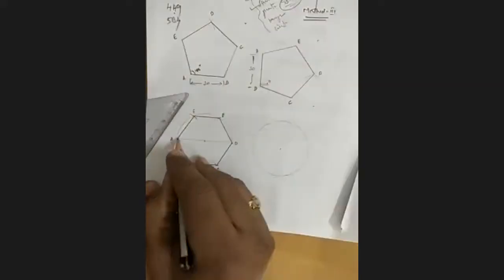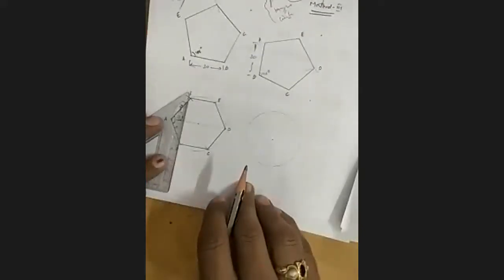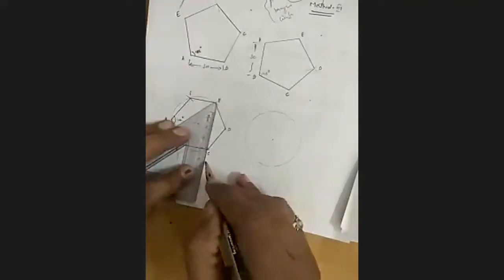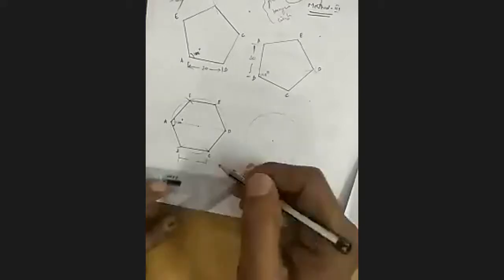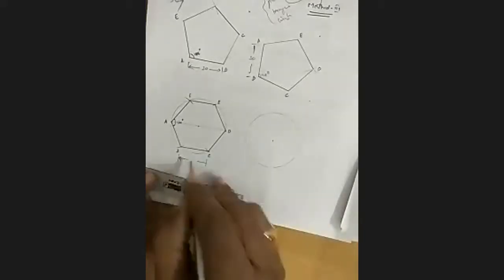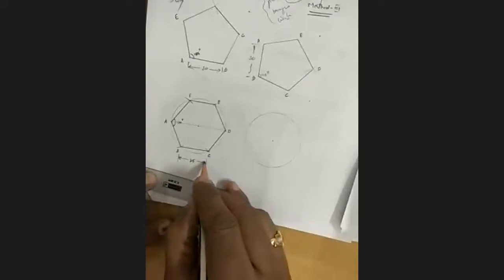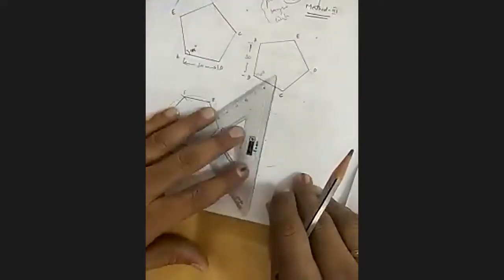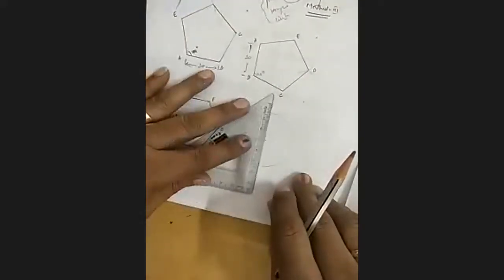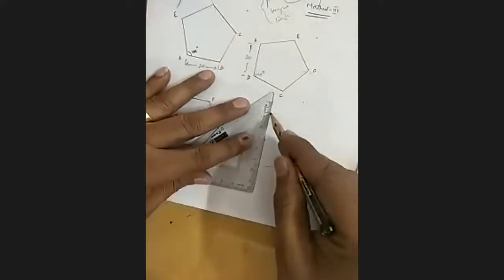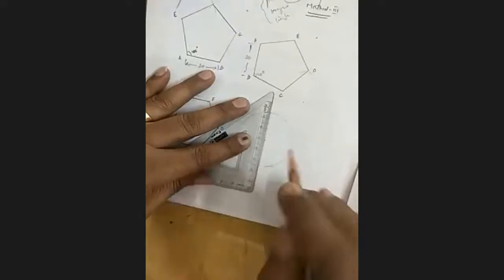Its internal angle you can write anywhere, 120 degrees, only once. Its side, I took 25 mm. These things you have to write. You observed every time I am writing once the side length and this. Now here I took horizontally, here I want to take vertically. There is some intention. I will tell what that intention is. Here I want to take the same line vertically.